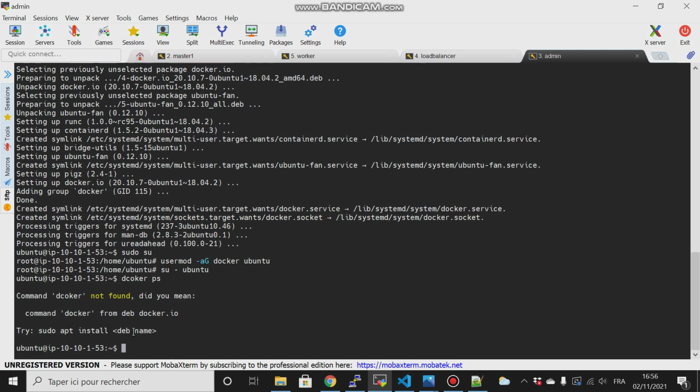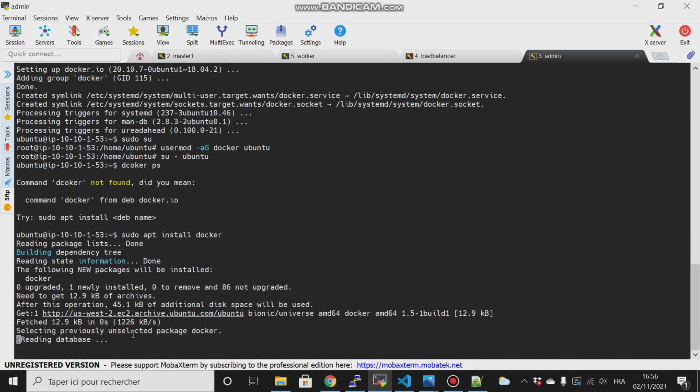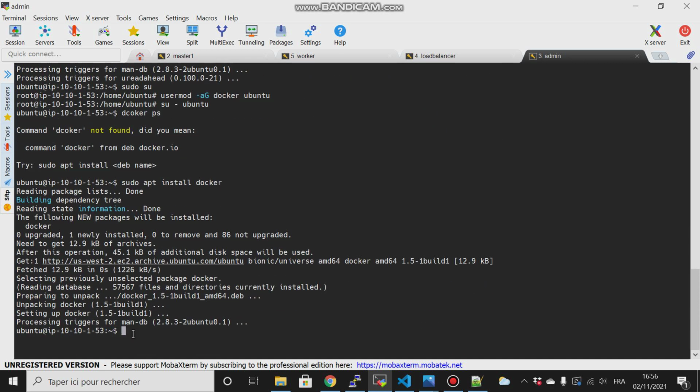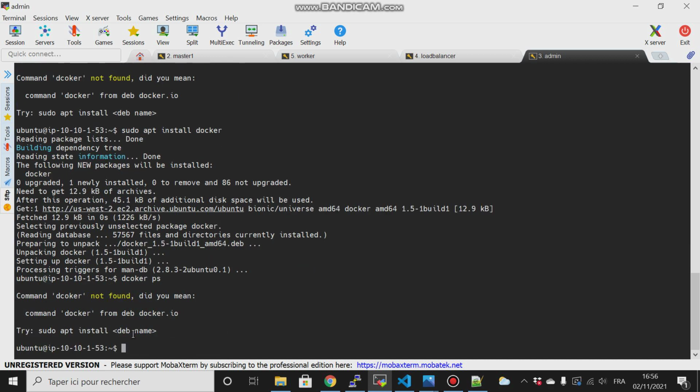Okay, so I have to type sudo apt install docker, not docker I. Docker ps,